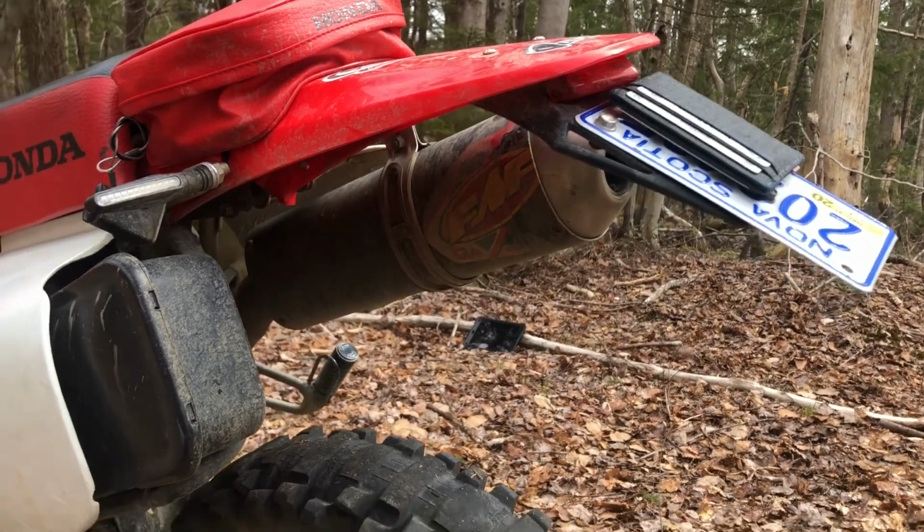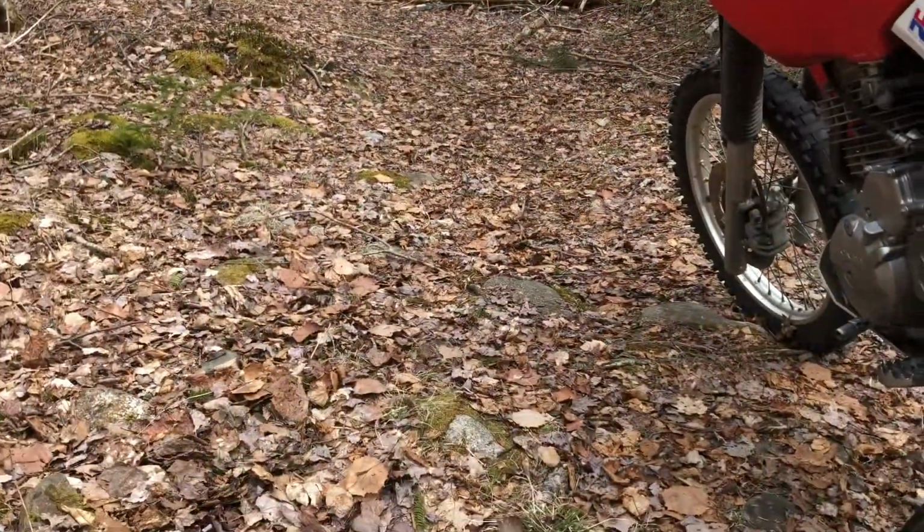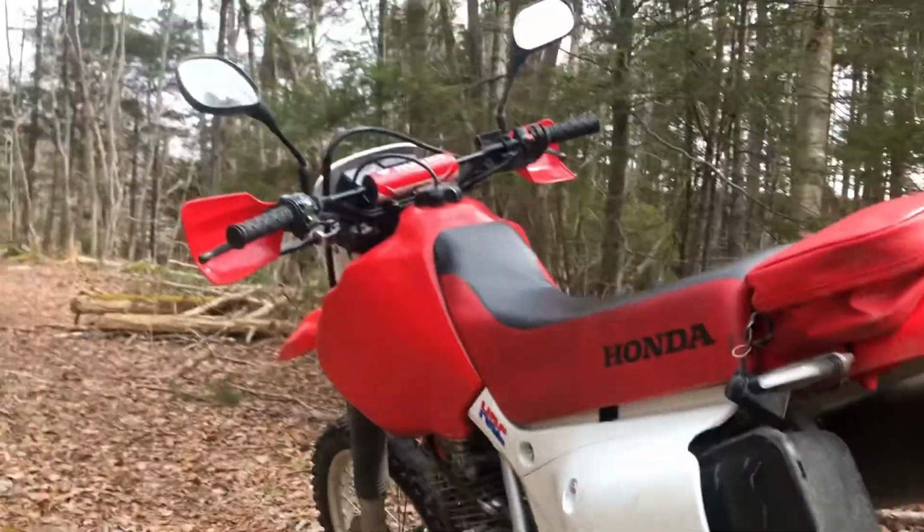Other than that, the bike does need a new set of tires. These are pretty clapped. I do need a rake, all this leaf noise. But other than that,